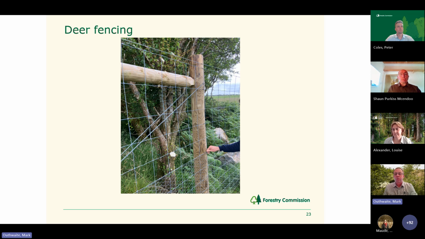Alternatively, you could use deer fencing, and this can be accompanied with rabbit netting along the base of the fence. It's important that your deer fence is erected correctly, as deer can squeeze through some narrow gaps, and rabbit fencing should be dug into the ground. EWCO can support deer, rabbit, and stock fencing within the grant agreement.